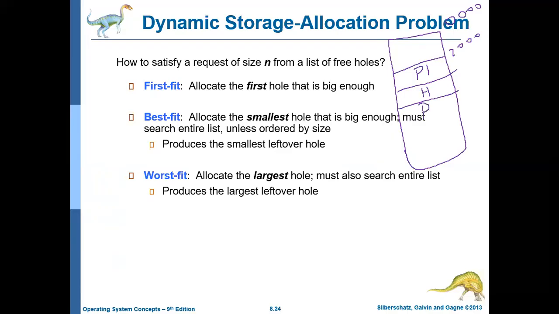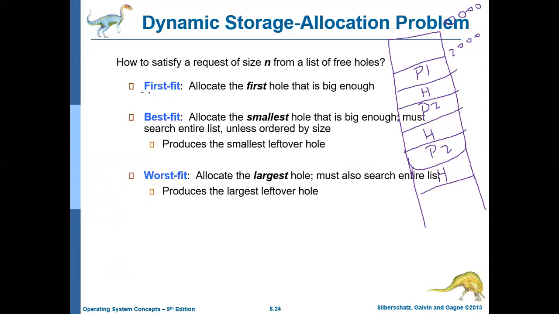Then there is a process, then there is a hole. So there are many holes, and there are sufficient processes also. Let us assume the memory is not ending here, it is continuing. So you have many holes like this. Now when a new process comes, which hole should be allocated? There are many ways of doing this. Basically there are three ways of doing this.